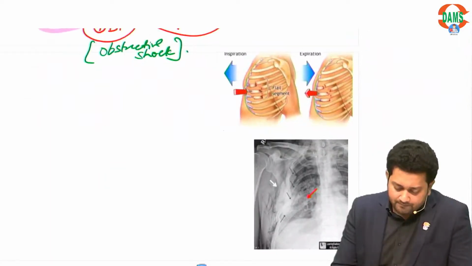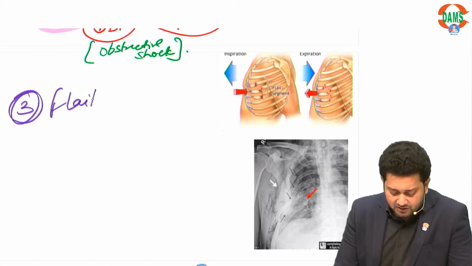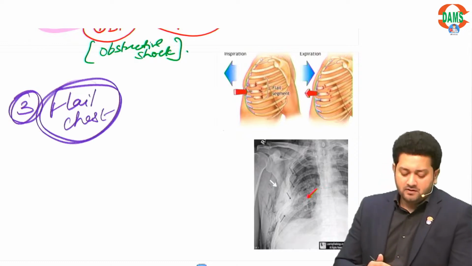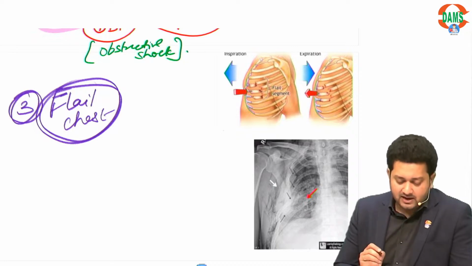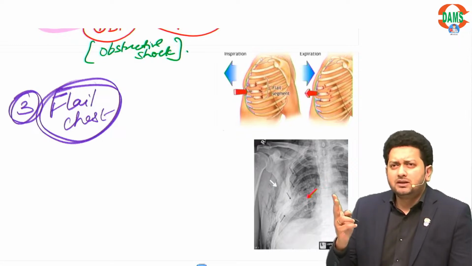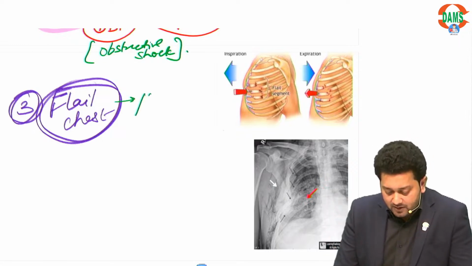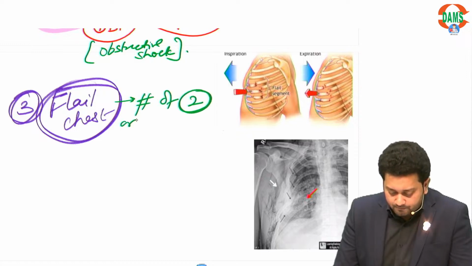One more, the third injury in the thoracic trauma, not very difficult. Usually you get a very easy question on this: flail chest. Flail chest is, by definition, there are two important things in this. The first important thing is the definition. Fracture of, remember, 2 or more